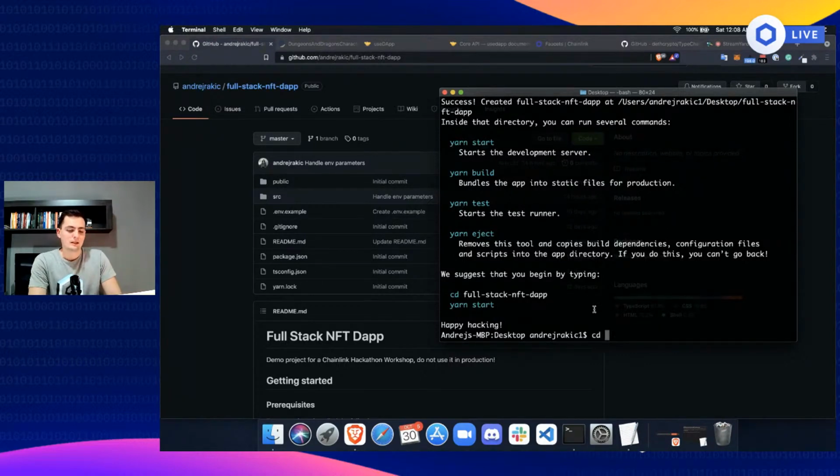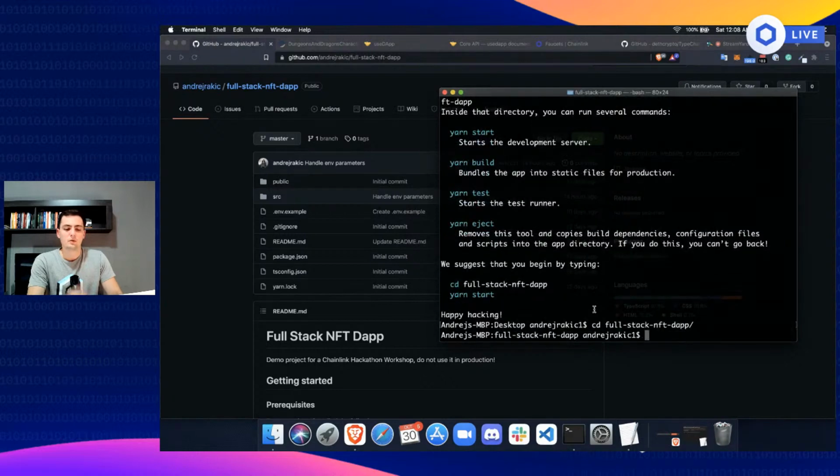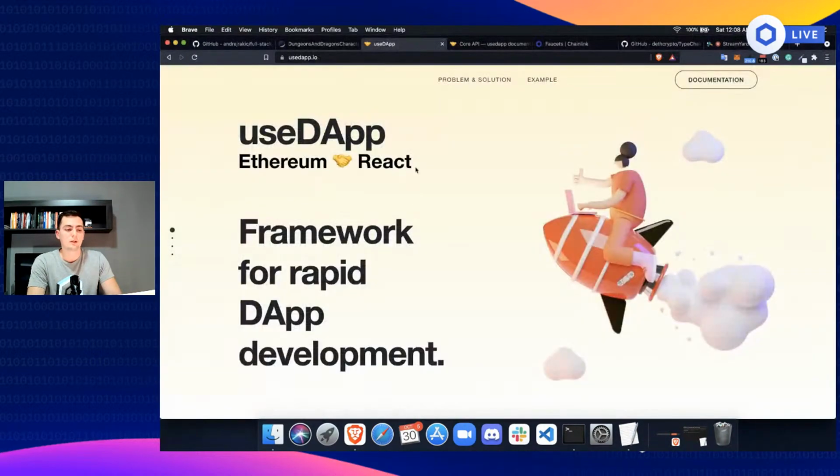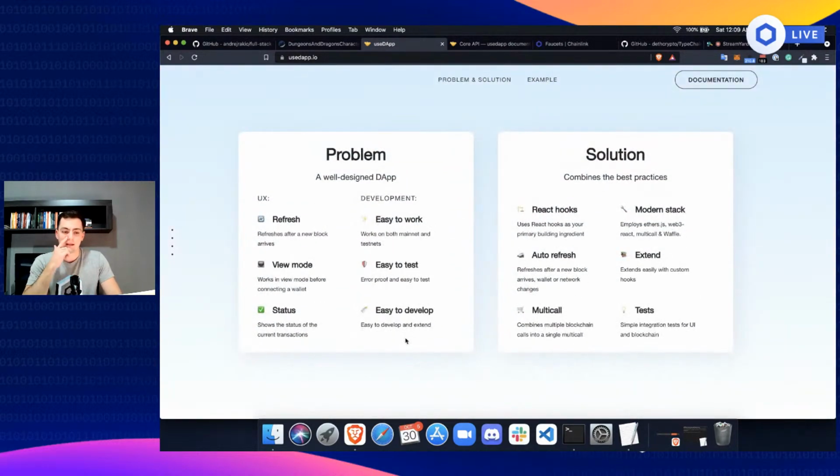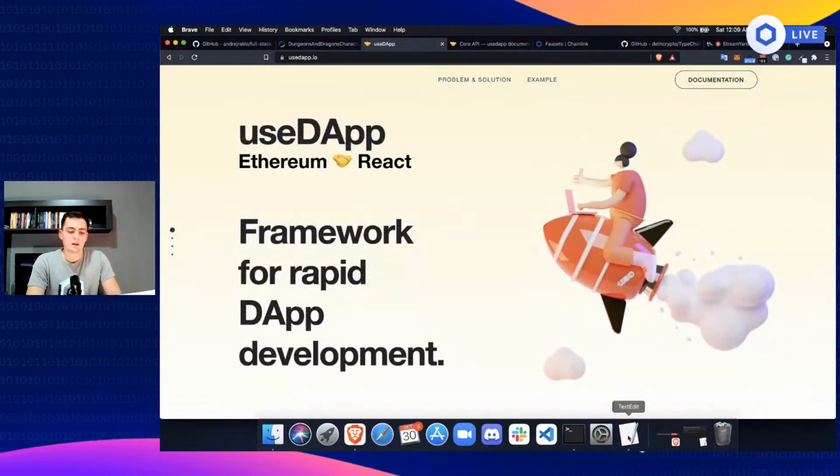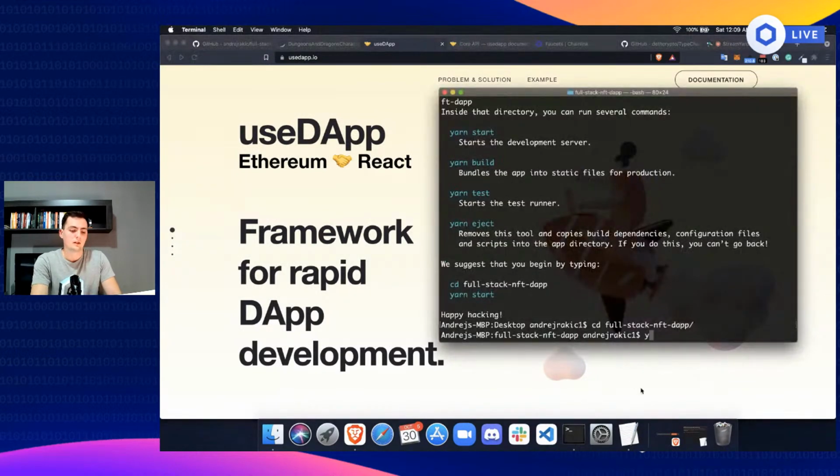So cd full stack NFT dApp. We are now in our newly generated React app. And as I said, we are going to use useDApp. It's a framework for rapid dApp development. It's really simple, has all the React hooks, a modern stack. It's built with Ethers.js, Web3 React, Waffle, an amazing framework. So we will need to yarn add that useDApp